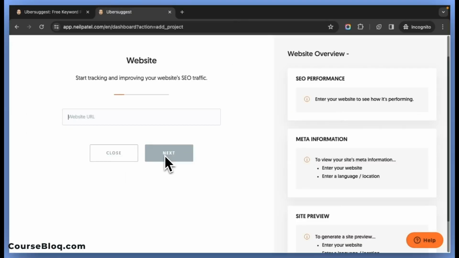So now that you've signed up for an account, the first screen that you will see is this one, where Ubersuggest prompts you to create your own project. Creating a project simply means adding your website so that you can track the keywords, you can see more accurate data if you connect it to Google search and Google Analytics. So let's start